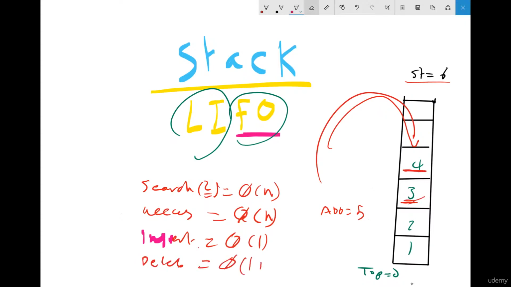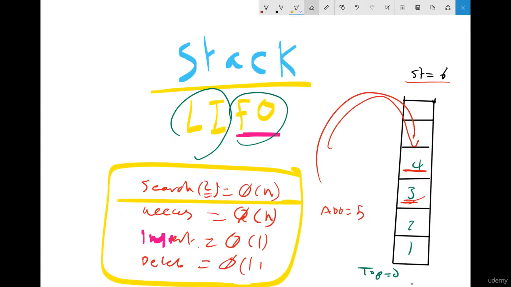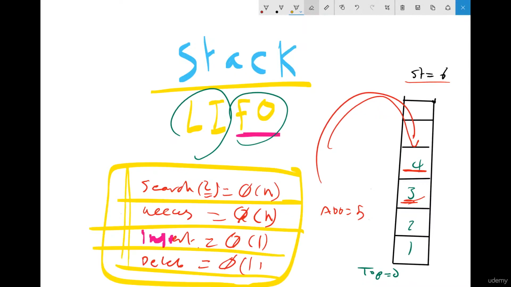So yes, this is the big O notation for stack. See search, see access, see insert, see delete. See how the stack is working. So now next, when you see it in the problem, you